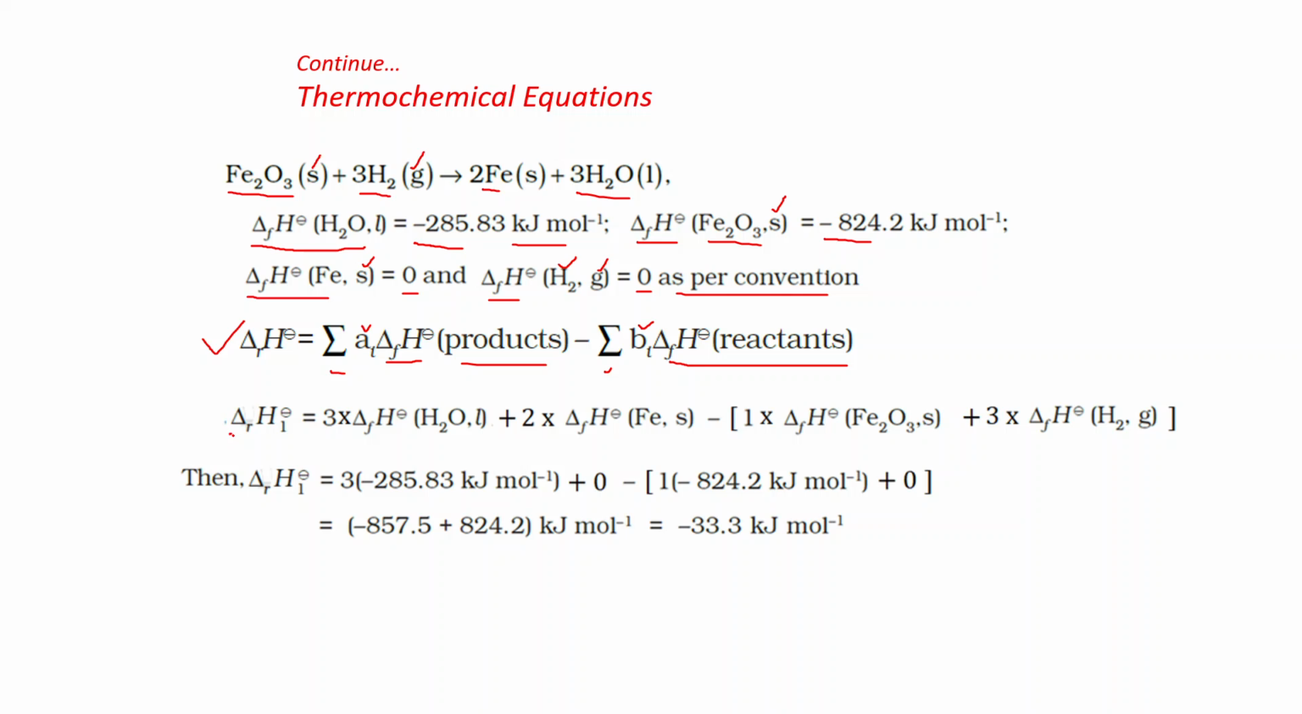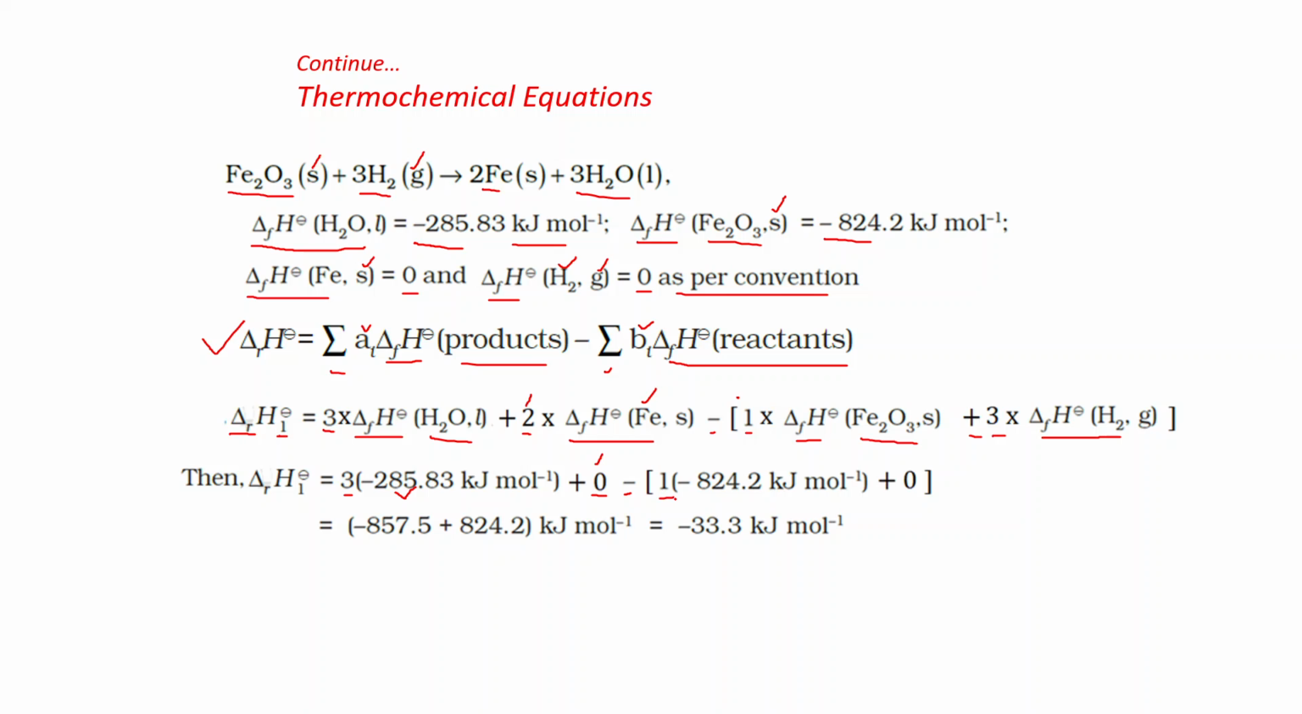This is the standard enthalpy of reaction, which we are mentioning as 1. It is 3 into the standard enthalpy of formation of water plus 2 into the standard enthalpy of formation of iron, minus, in square brackets, 1 into the standard enthalpy of formation of Fe2O3 plus 3 into the standard enthalpy of formation of H2. Now put the values. This is 3 into the standard enthalpy of formation of water, plus the standard enthalpy of formation of iron, which is 0; when this 0 is multiplied by 2, we get 0. Minus,